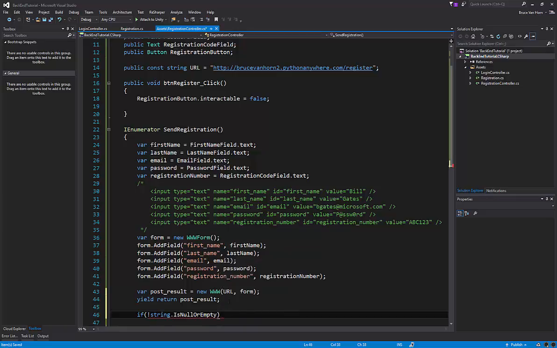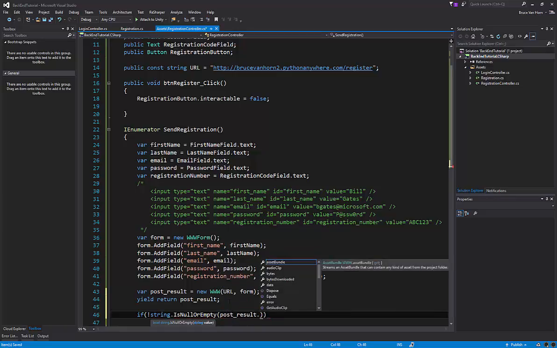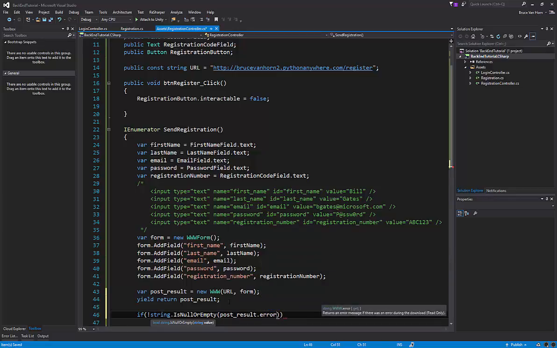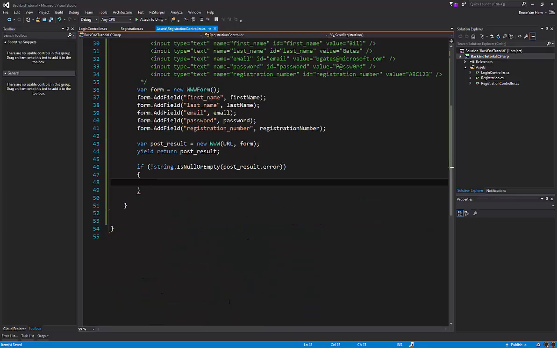We called it post result dot error, which will be on that www object on line 43. Okay, so if the error string is not null or empty, we're expecting that it should be, then we're going to say